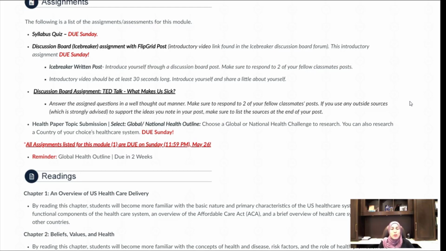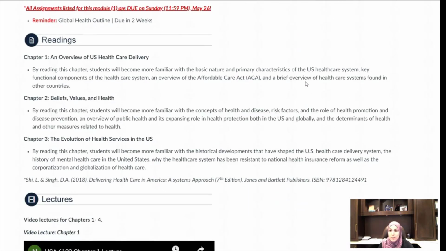Now, with this topic, you will be putting together a very detailed preliminary outline for a paper that you'll be submitting about midway through this course. And then you'll be putting together a video presentation on your topic as well. So make sure you choose a topic that you are interested in and you'll enjoy researching. All right, so that covers the assignments for this week.